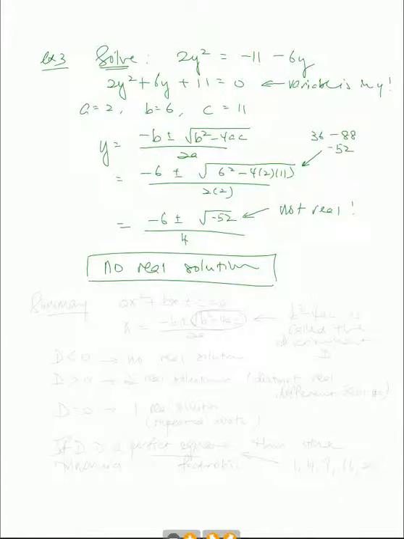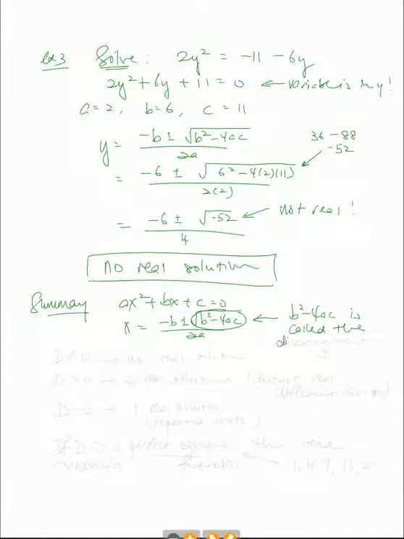So let's do a little summary here. If you're given ax squared plus bx plus c equals 0, then x has to be negative b plus or minus the square root of b squared minus 4ac, all over 2a. The piece that's inside, like I mentioned earlier, b squared minus 4ac, that piece is what we call